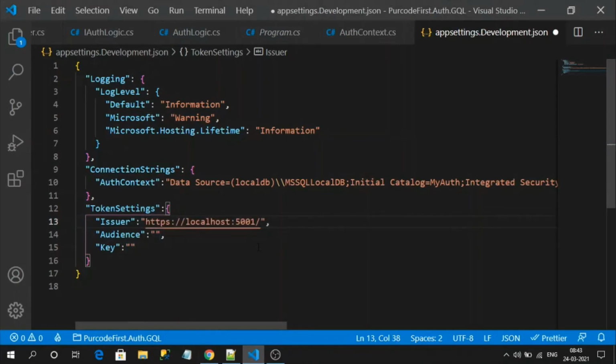And audience. What is audience? Audience are nothing but the clients that are going to consume our tokens. Okay. So this is also not a user claim. This is also added like a claim like AUD in the token, but this is not a user claim. This is also like an application claim. So this is used to